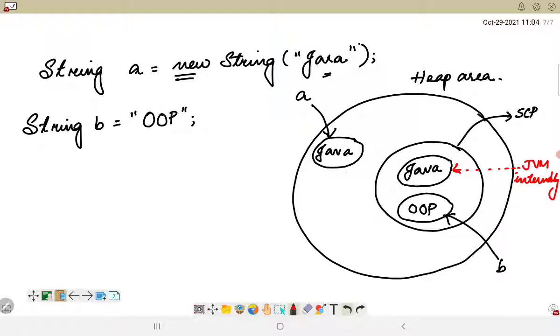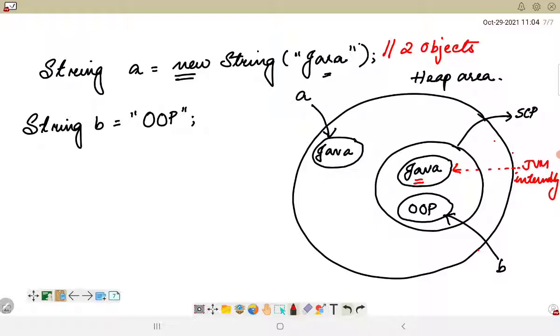However, the difference is that the object created inside the heap area is referenced using the string object name, but inside the string constant pool this object is referenced by the JVM internally and used for further use. So in the memory, whenever we are creating a string object, basically two objects are created.